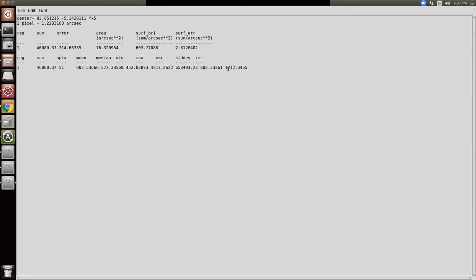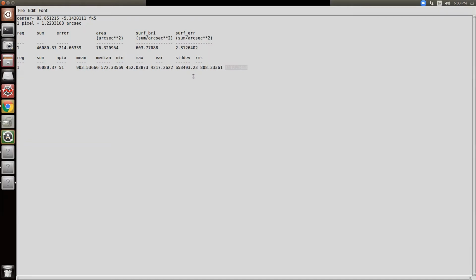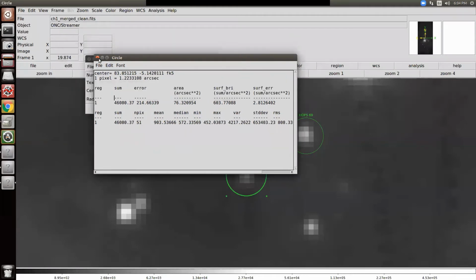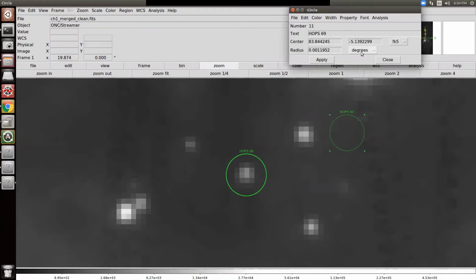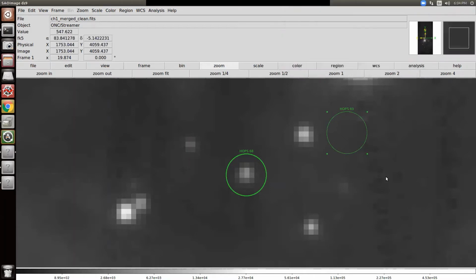So this is the RMS. In principle now, what I can do is, I know the sum. So I know that this is this many megajanskis per steradian. So I have the sum. For example, this is, let's say, 45,000. What I can do now is place a region with a similar circle. Let's say this is also 5 arc seconds. So now I have placed it on a region of the sky where there is no star,